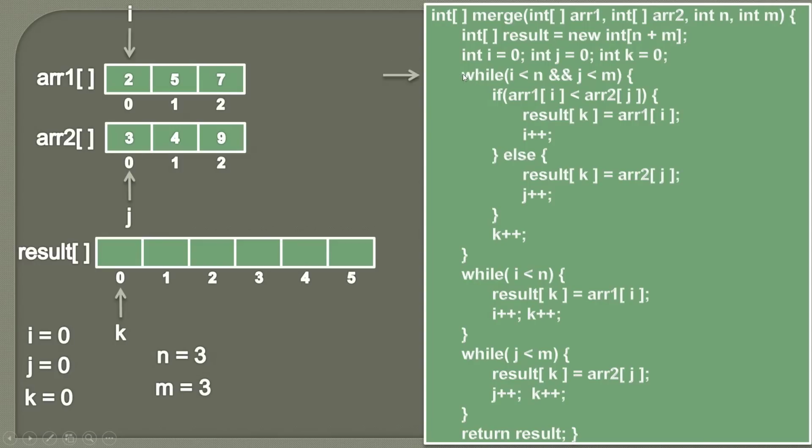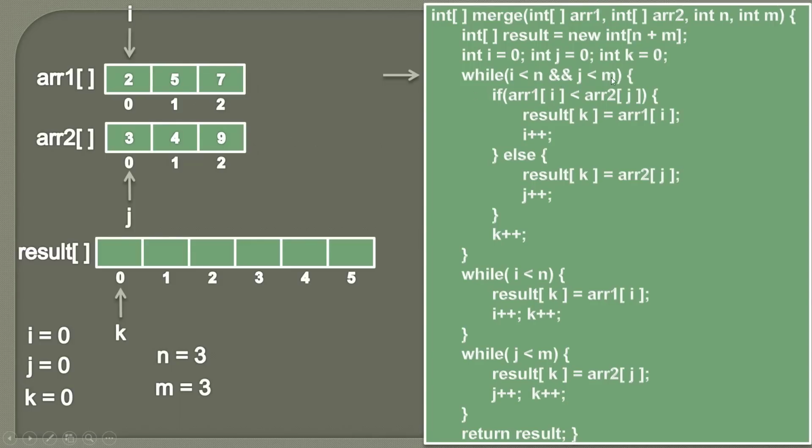at the start of this algorithm, we are providing this while loop. Why we have provided this while loop is because we need to compare the value stored at the ith index and the value stored at the jth index. It simply means i will traverse array 1 and j will traverse array 2. So in order to perform this traversal and comparison, we are providing this while loop, and inside this while loop we have provided two conditions. One is i should be less than the length of array 1 and j should be less than m, which is the length of array 2.